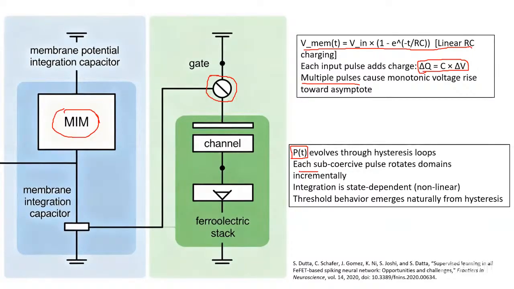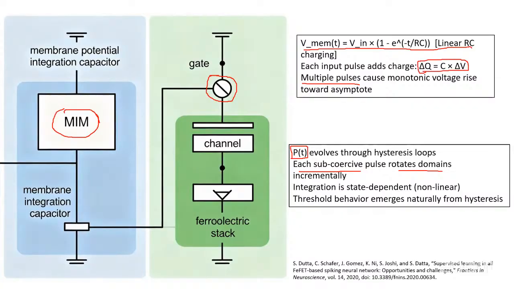And each subcoercive pulse, meaning a pulse that is less than the coercive field of the ferroelectric material, will rotate the domain incrementally. As you keep on giving pulses, the increment will occur,